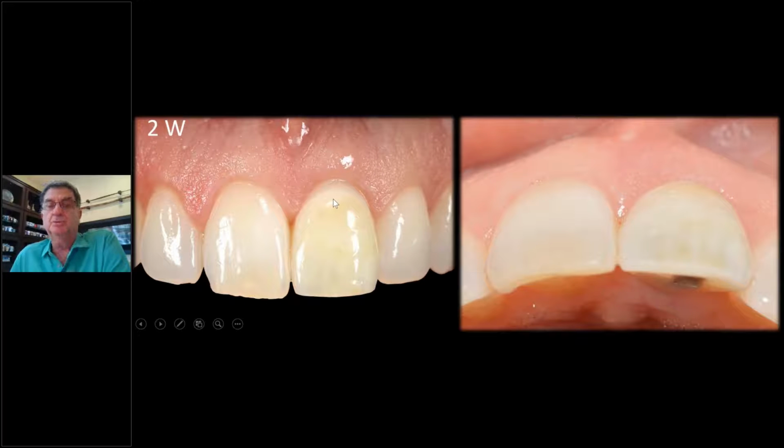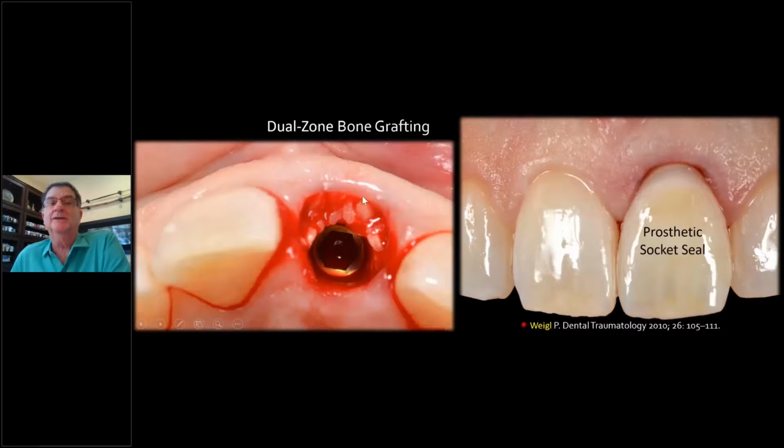Now, the reason why we go dual zone, we're grafting all the way to the height of the free gingiva. Dual zone means up to the bone, in the gap, but also we're bringing it all the way up. I came up with this about 10 years ago because I had some extra material. I said, let me see what happens if I put it up in the soft tissue. And you know what happened? It thickened the tissue, and the particles will heal inside that free gingiva and thicken it. So I don't always have to go for a connective tissue graft. This is the simplest technique I've come up with, with great predictability.